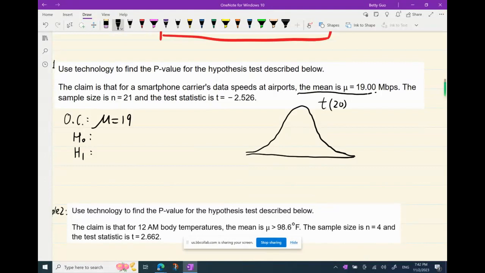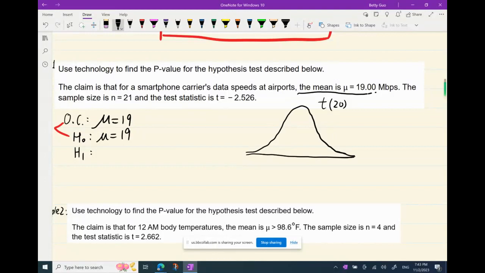We know H sub 0 always has to contain an equal sign, right? So in this case, our original claim and the null are the same, mu equals 19. And I want you to help me determine what's H sub 1. What's the alternative? We need to know the alternative hypothesis in symbolic form in order to determine